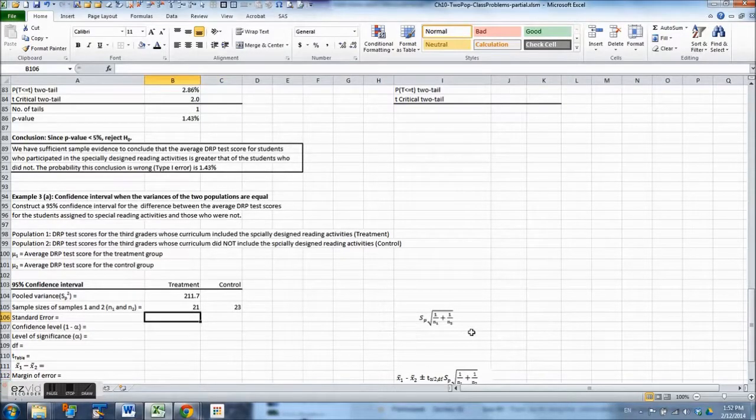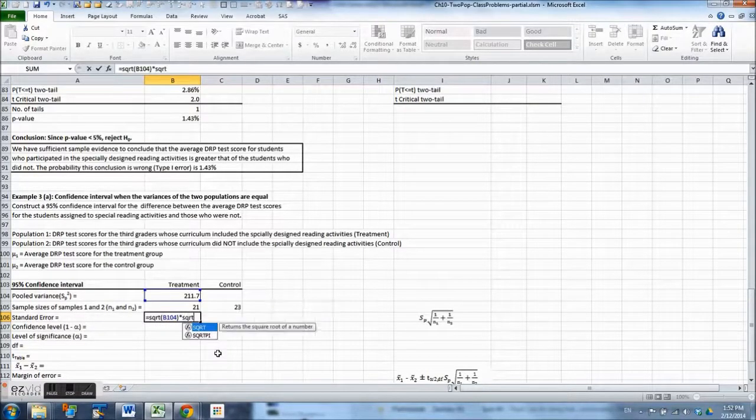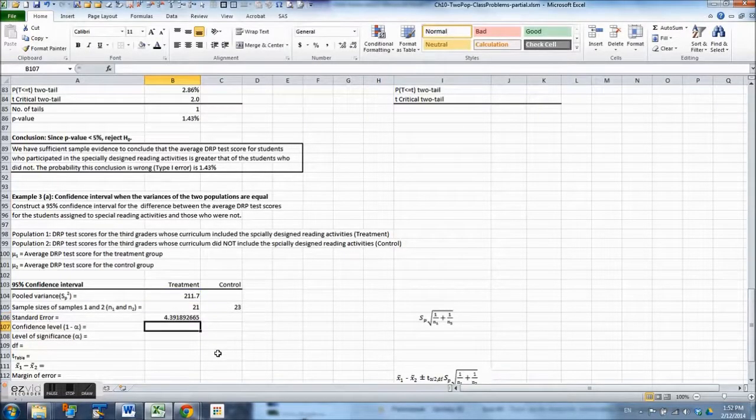Next, we set up the standard error. The standard error is this formula: S sub p times the square root of 1 over n sub 1 plus 1 over n sub 2. So here we have the pooled variance estimate. This is S sub p squared, so we need to start by first taking the square root of that. Okay, that would be our S sub p times the square root of 1 over n sub 1 plus 1 over n sub 2. That will give us the standard error,